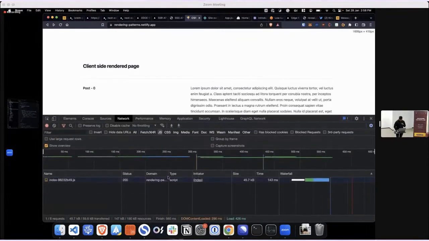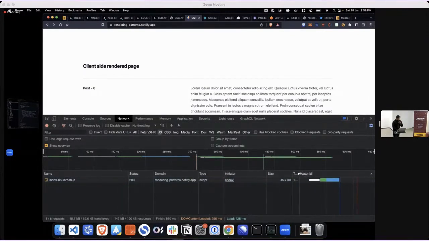I think I turned off code splitting or something because it usually loads much more JavaScript files. But cool. I think it doesn't have code splitting because I actually moved everything into a single file. So it pretty much rendered the entire JavaScript bundle as a single file. So basically it has to load this 45 KB of JavaScript every request. And if this JavaScript doesn't load, the page itself will not render because the way we build React apps is